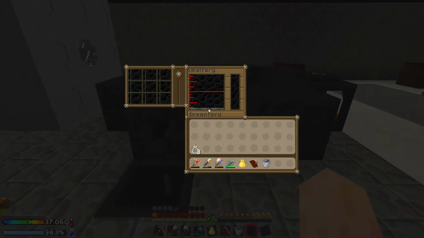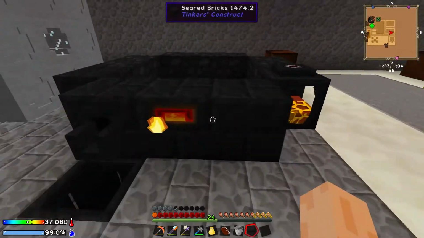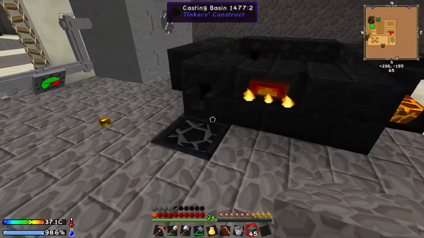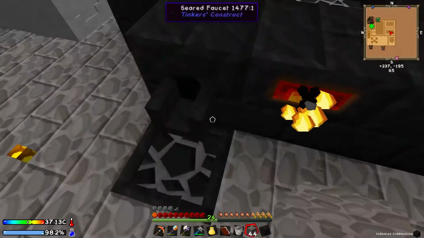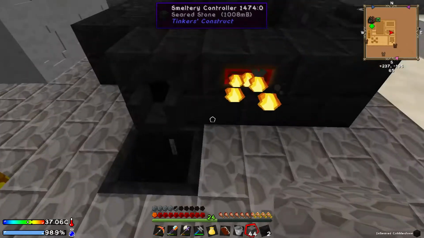But this is basically going to be my seared stone setup. So it's just a little basic smeltery at first. And then what you can do is, if we grab some cobblestone like so, just start pouring it over the top, and then I think you can automate this with Steve's Factory Manager. I'm going to have to figure out a program for doing so, but basically you can create two...